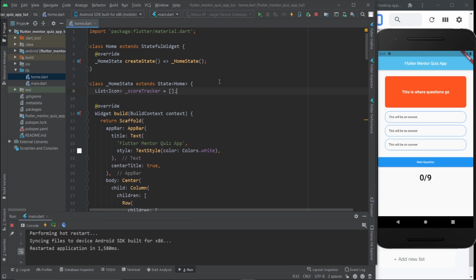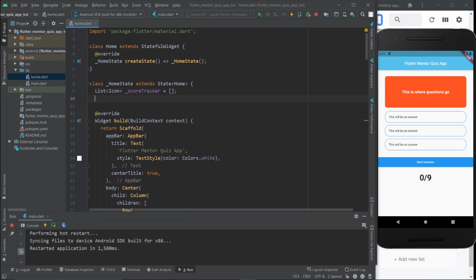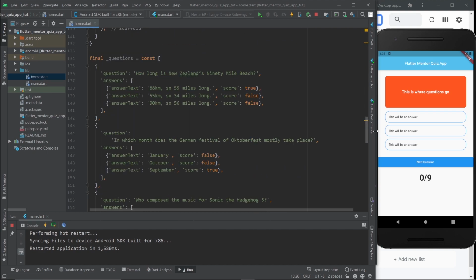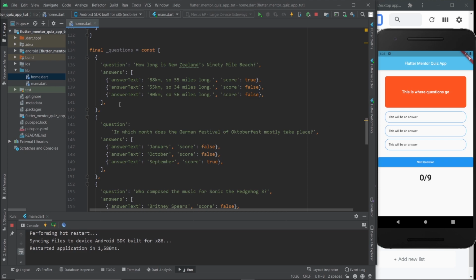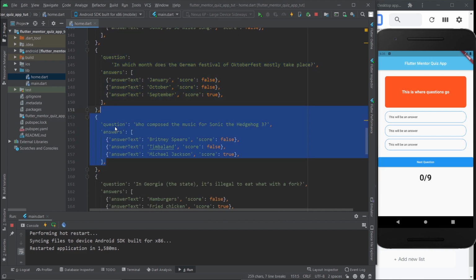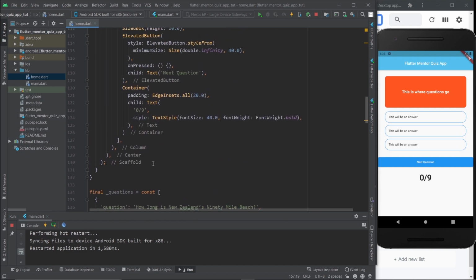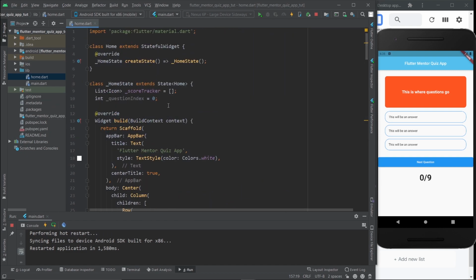Now that that is sorted, the next thing we're going to do is create a variable, which is an int called question index, and it's going to equal 0. And what will this do? The question index will pretty much be how we will choose which question to display. So while it's a 0, it's going to show this question right here. And then once it moves to 1, it shows the next question, and then to 2, the next question, etc. That's how we're going to control it. So that's why it starts at 0, because the quiz begins at question 0.